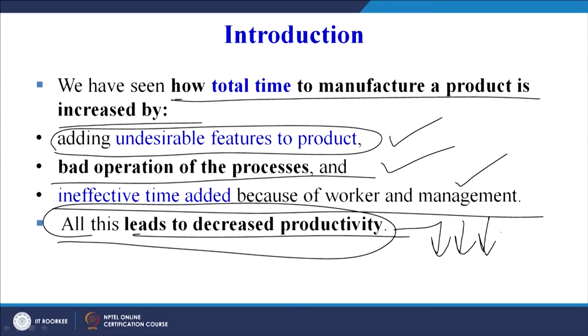Your productivity decreases. Why? Because of all these parameters: faulty product design, ineffective time because of the worker's attitude, or because the management is not able to exercise proper control over the way the work must be done, or they are not able to maintain the specified method of doing the work. So these are all the reasons in which we have seen that the time increases beyond a particular limit. And when we do the work measurement, we set the standard time, so that time taken beyond this standard time will lead to ineffective time only, meaning that is an additional time which can easily be avoided.